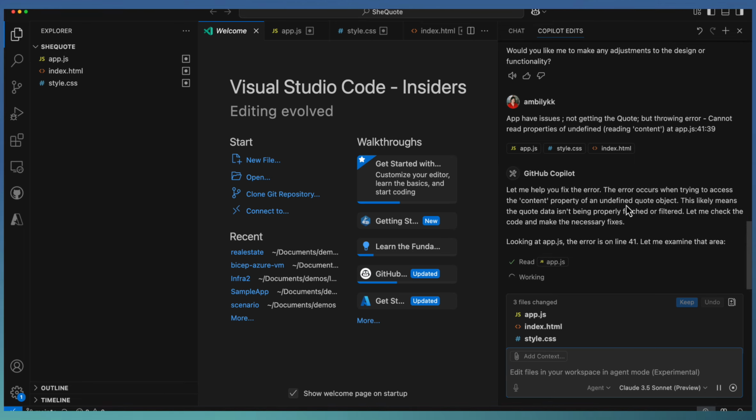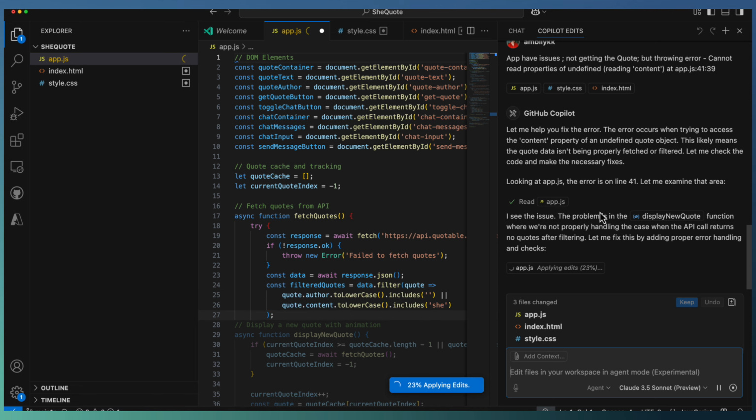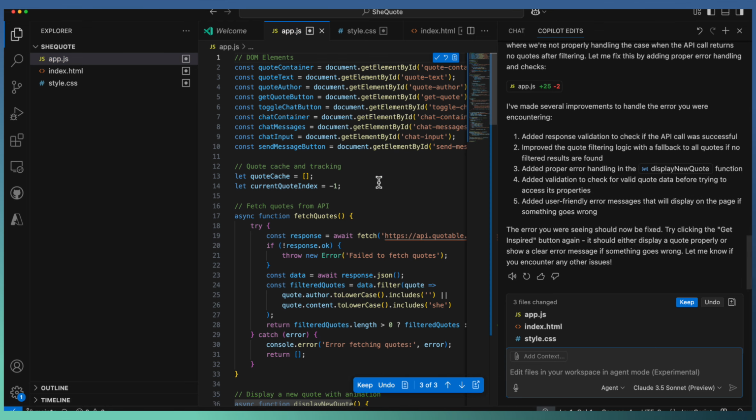Copilot analyzing the application for a specific error which we passed. Right now it's in the 41 line of app.js. We haven't looked at the JS file or HTML file or style files. Looks like Copilot is able to identify some fixes for this issue and it's going to apply these edits. App.js editing is completed. Let us go back to the